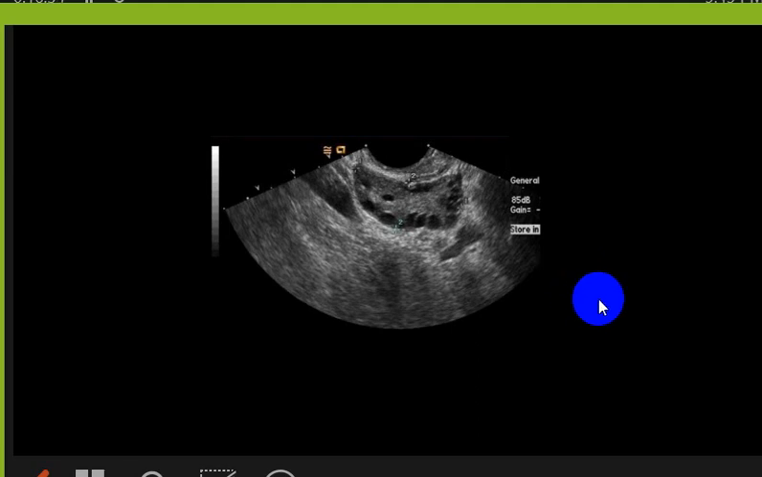What is the procedure here? Transvaginal ultrasound. What do you see? The selected image shows maybe an enlarged ovary. What is the striking thing here? Enlarged ovary with multiple